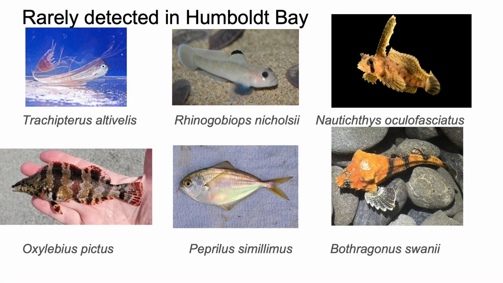And then finally, we have the rarely detected species in Humboldt Bay. So we had a couple of hits of the king salmon. We have which is a more oceanic fish, so I guess a sample of it came in with the tide. That one, or those few sampling periods we had. We have the black-eyed goby, which is a very small benthic fish, which is more difficult to collect. And then we have the sail-finned sculpin, which was suspected to be in the bay, but wasn't really seen